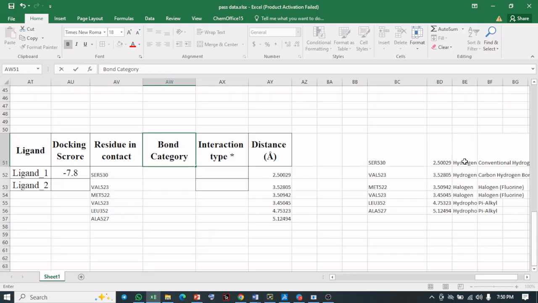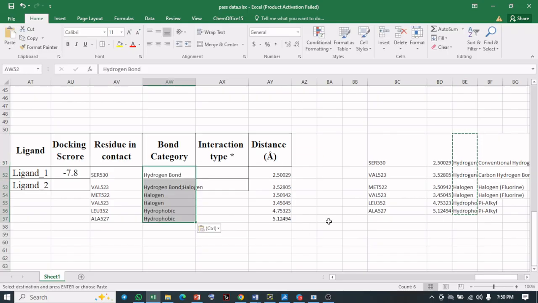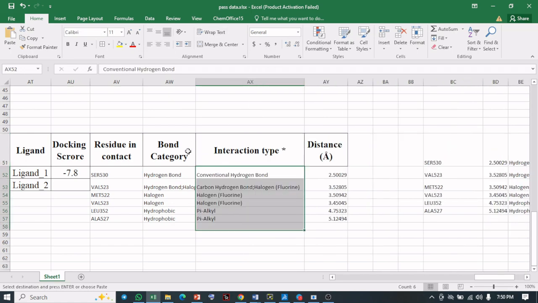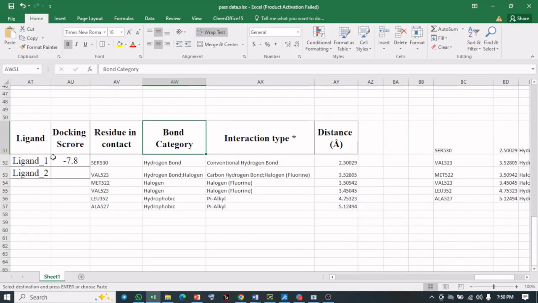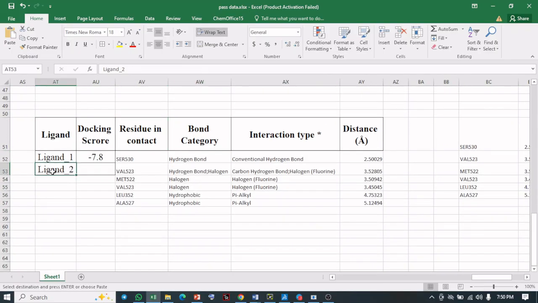So the bond categories are these values, paste these values, and these are the bond types. Now you can see that ligand 2 will be moved to this row,